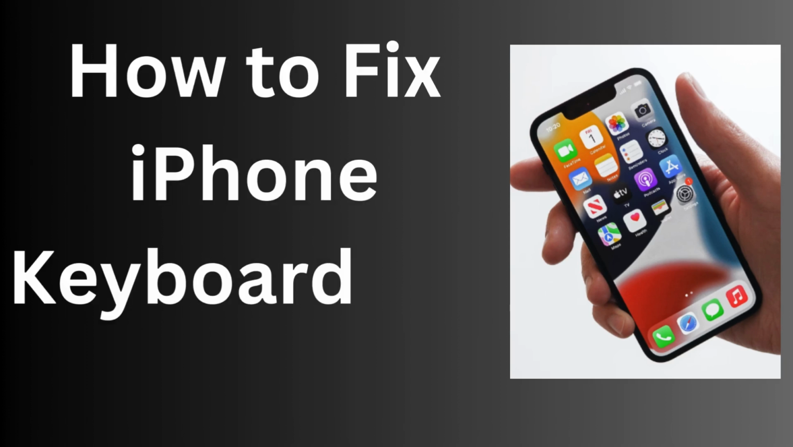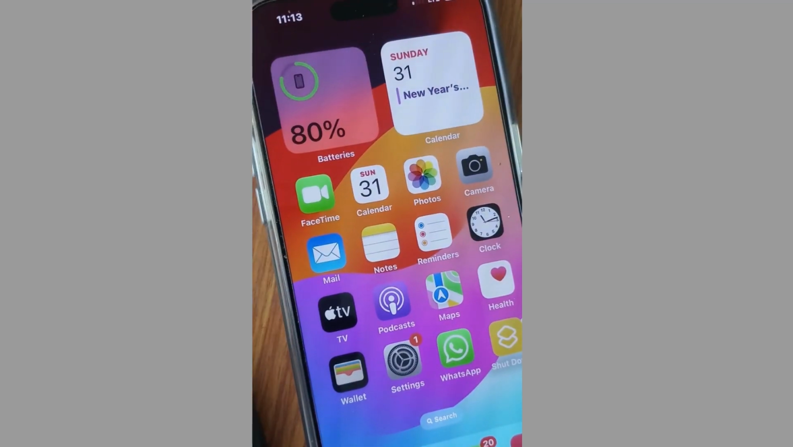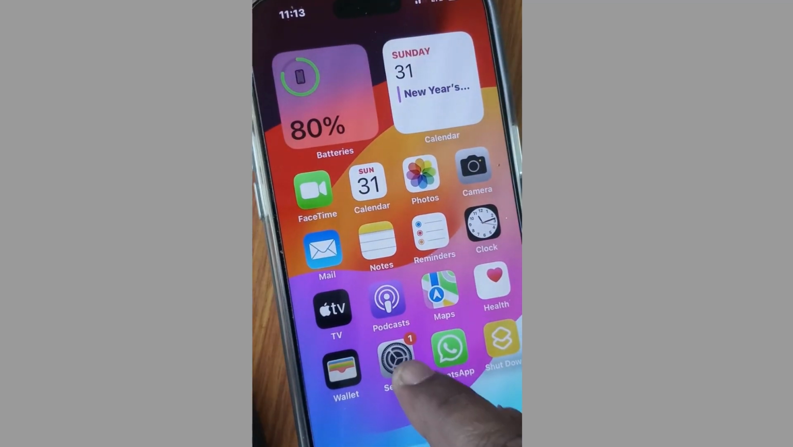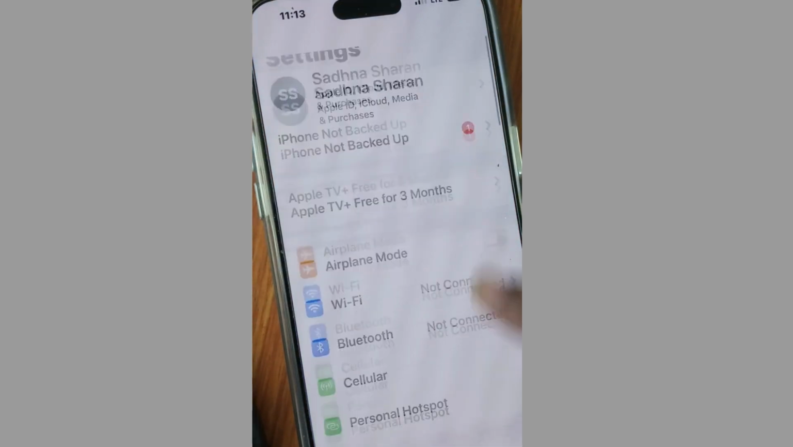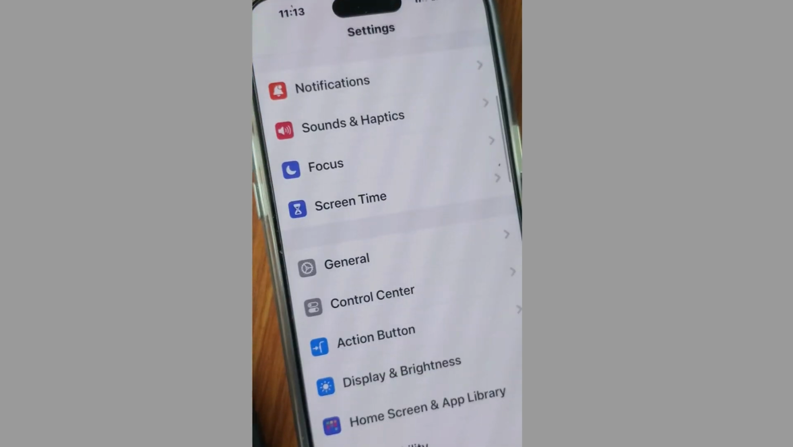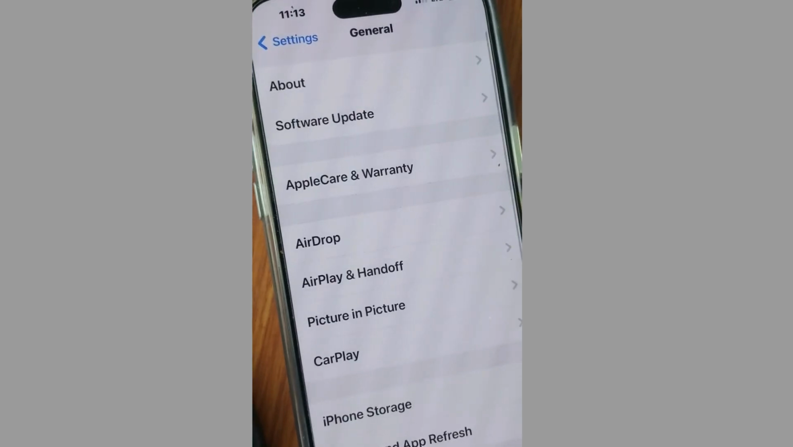Hello guys, how to fix iPhone keyboard lagging issue on your iPhone? If your keyboard is lagging, then here are the fixes, and the first workaround is tap on Settings, here scroll down and tap on General,